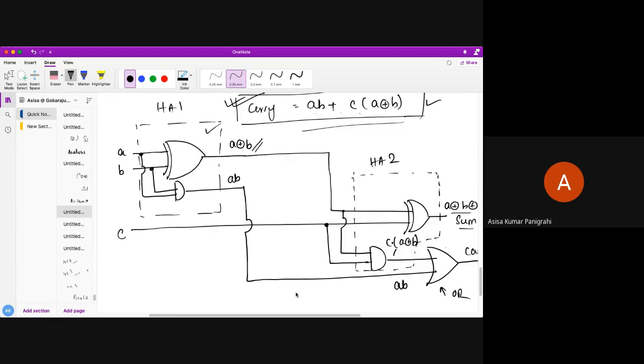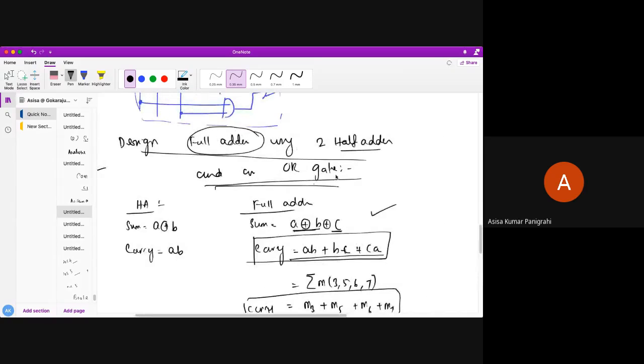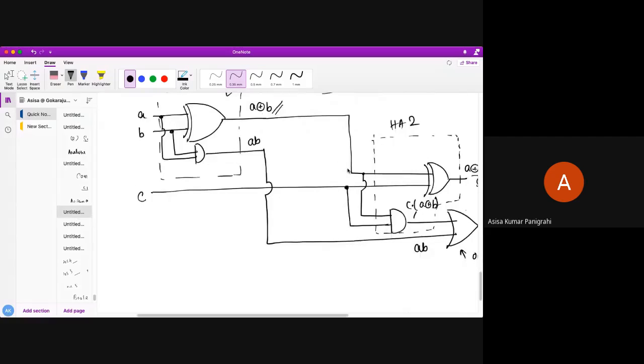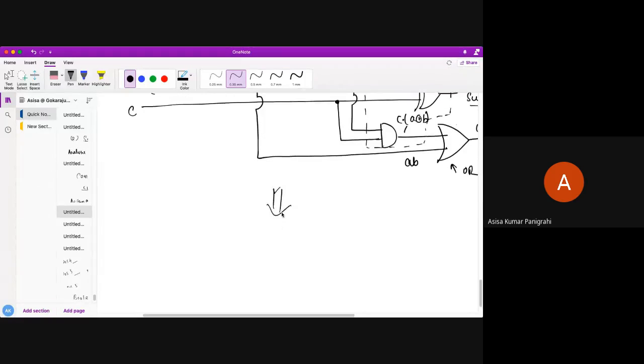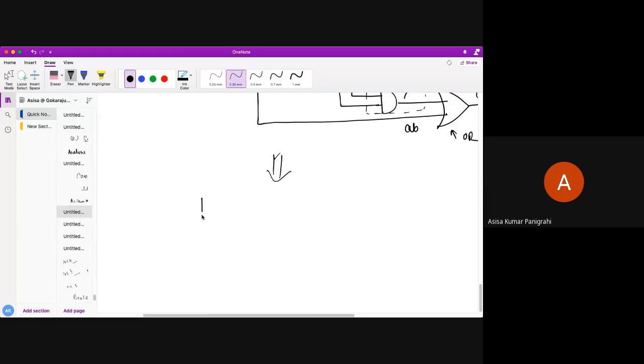So what does the question ask? The question asks to design a full adder using 2 half adders and an OR gate. So we have done that. This is my half adder 1, where A and B are the inputs, which gives me A XOR B and AB.